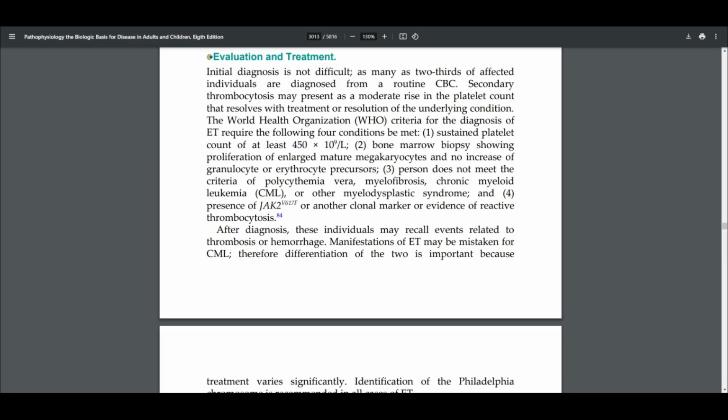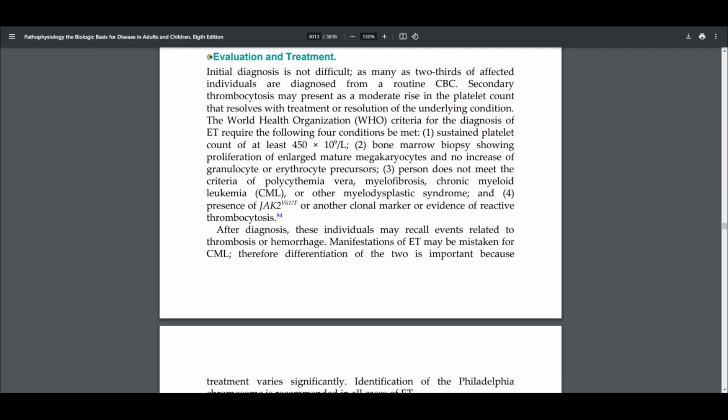Initial diagnosis is not difficult. As many as two-thirds of affected individuals are diagnosed from a routine CBC. Secondary thrombocytosis may present as a moderate rise in the platelet count that resolves with treatment or resolution of the underlying condition. The World Health Organization criteria for the diagnosis of ET require that the following four conditions be met: